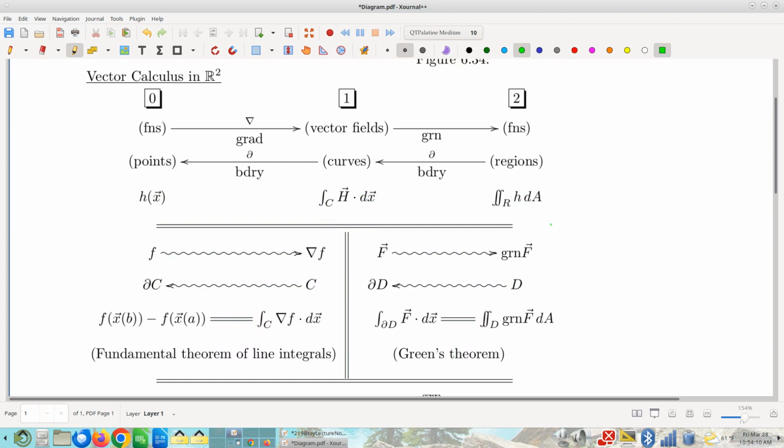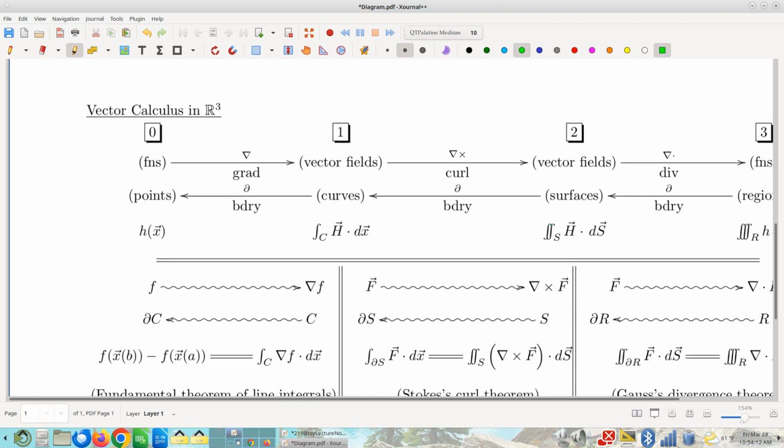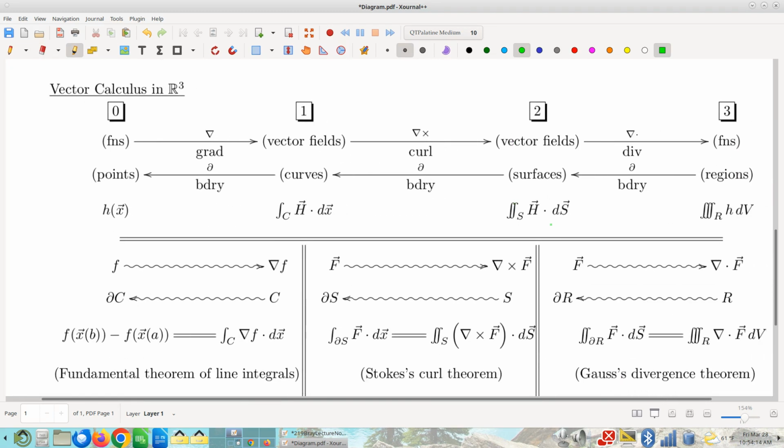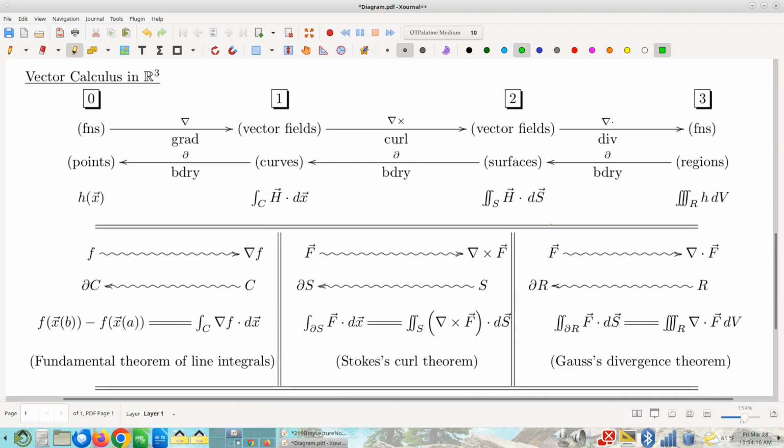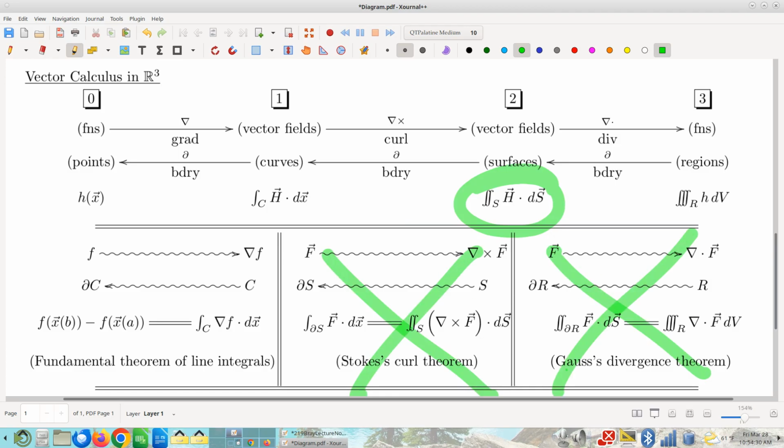What we're going to see in chapter 7, and this is just a little foreshadowing, is that there is a three-dimensional version of this diagram. Now, don't worry too much about this right now because there's a lot of stuff on here we haven't talked about. I haven't talked about this at all yet. Y'all don't even know what that is. Don't worry about it. We haven't talked about these theorems at all yet. Don't worry about that for the moment.